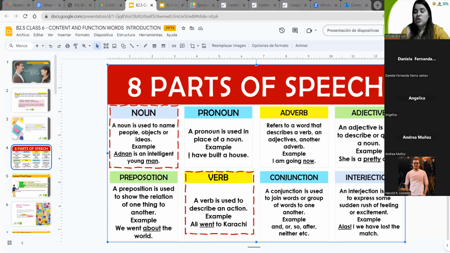The other part of speech is adjectives. So an adjective is used to describe or qualify a noun. For example, she's a pretty child. Adjectives like tall, pretty, interesting, expensive, boring, amazing, free, and so on and so forth. They are placed before a noun because they modify that noun, or after a verb to be, right? When we say she is tall, so tall is not placed,